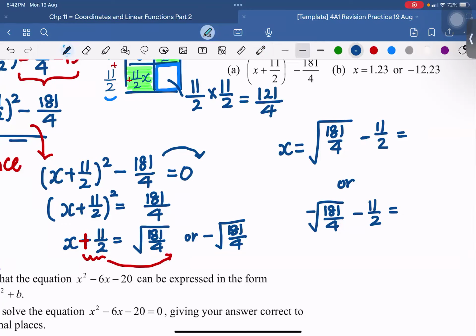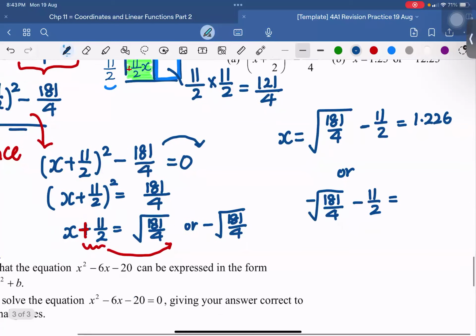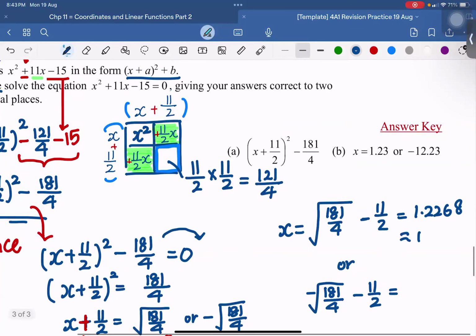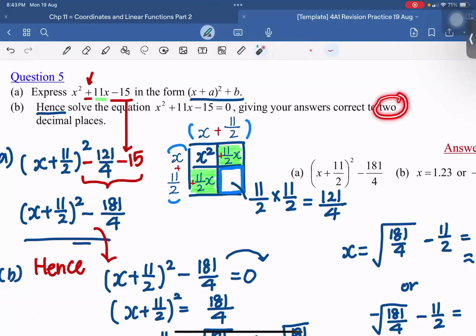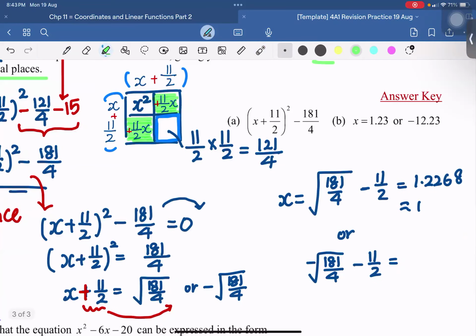Then we have my first answer is 1.2268. Then round it off. Read the question. Do they want 3 sigfig or 2 decimal places? Question 1, 2 decimal places. So I'm going to use 2 decimal places. So it will be